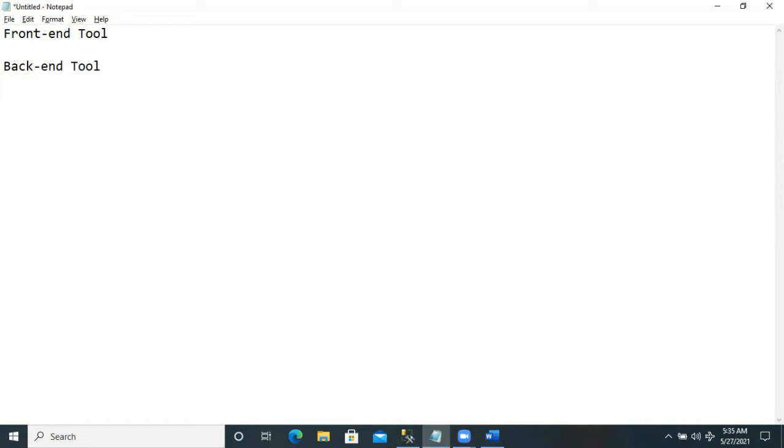So when we start communicating with people related to IT, we usually use the words front end and back end. So what is the front end? Any GUI. GUI stands for graphical user interface. Any graphical user interface is a front end. These are also called client applications.